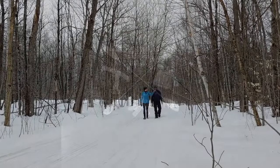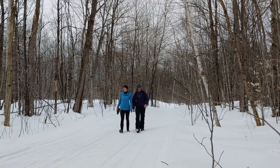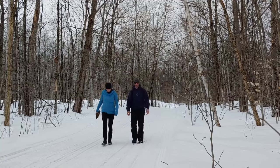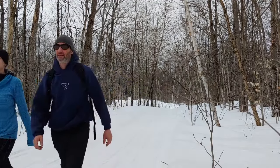Hey everyone, it's Tuesday, March 15th, and Sabrina and I are on another chaga hunt. About a month ago, we harvested a big piece of chaga and we've posted it on our Facebook. A high school friend of ours, Mike Rokosh, asked for more info about chaga, so we've decided to make this